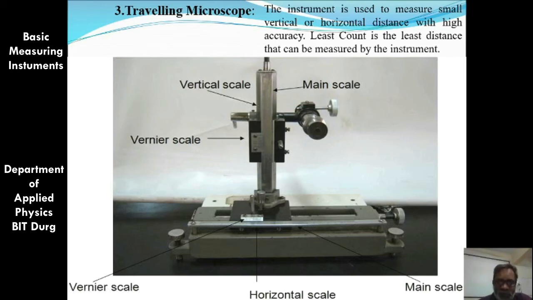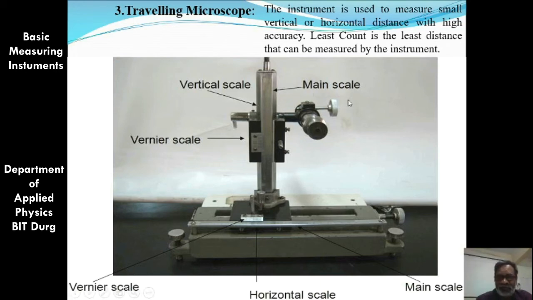You have to find the least count. After getting the least count, you have to find the main scale reading, then you have to find the number of divisions which is exactly coincident with any division, and that must be multiplied with the least count, and the obtained value is to be added with the main scale reading. So the process remains the same, just the instrument is different, and we want to tell you that the shape doesn't matter, the concept matters. So this is another vernier calipers used in a traveling microscope.